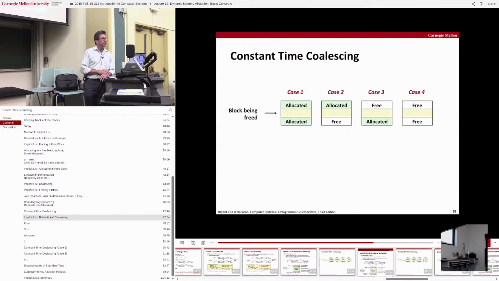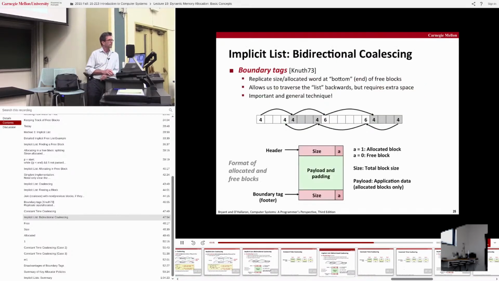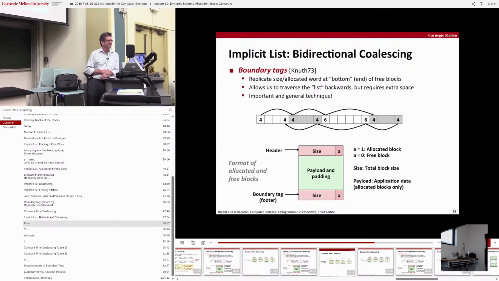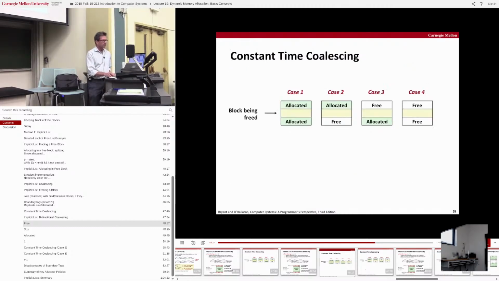Yes, question. The question is, if we want to have a boundary tag, when we allocate a block, do we need to set aside space for it? And the answer is yes, most of the time. I'll show you one optimization in a bit. Okay, so given this idea of the boundary tag,